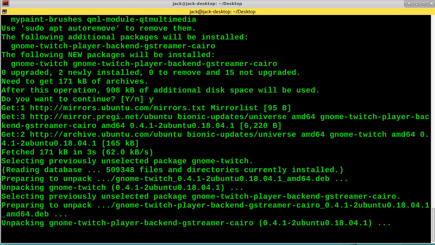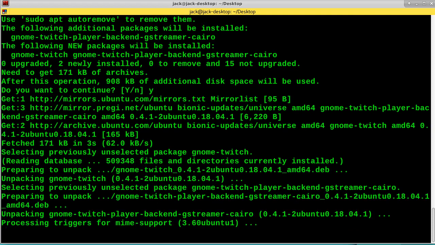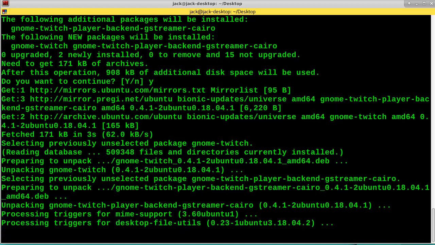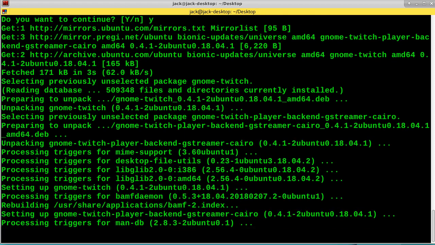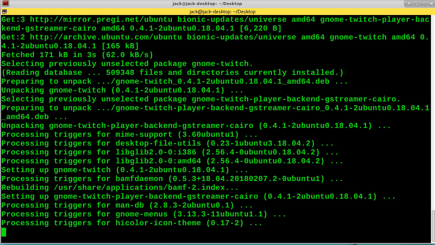Unpacking GNOME Twitch, and I'm not even sure what I do when this is done. I think I can just write GNOME Twitch, and I'm there. I don't know if it automatically opens a browser or what. That I'll have to find out. I'm really going blind on this. I have no idea. I do know that if I want to uninstall it,